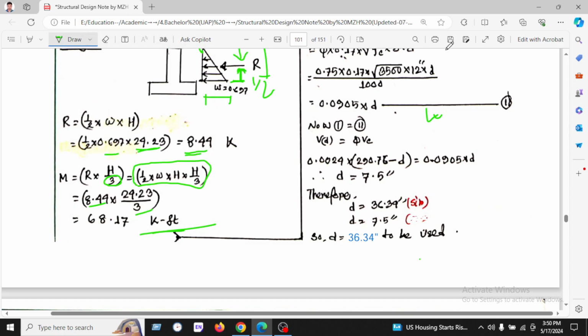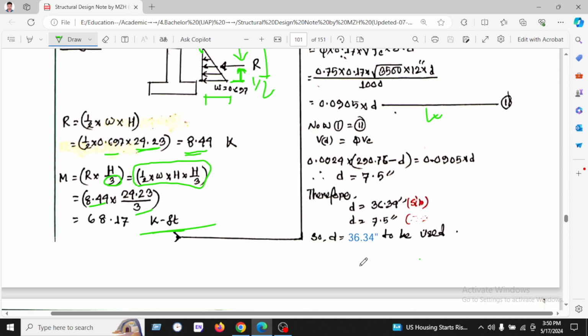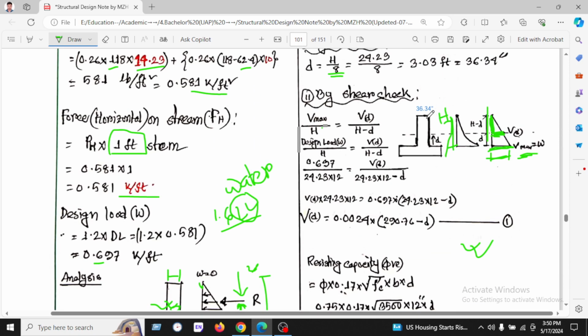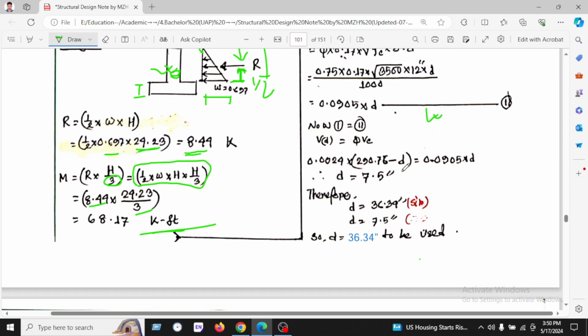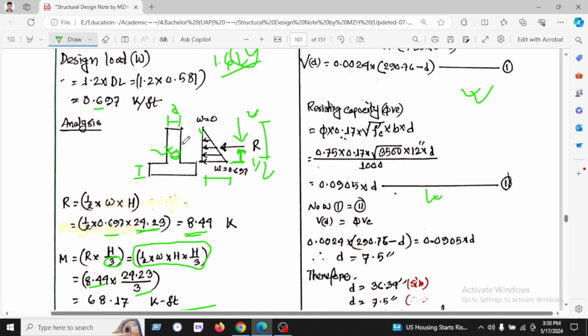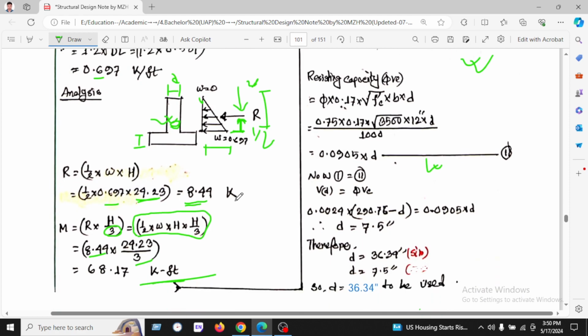We can use the depth. So depth means, we don't think this is the depth. Rather we are using the stem. Stem is here, this portion. So depth will be here. This is the 36.34 inches. Here is the 34.36. So don't forget or get puzzled about this. This is the depth as we are calculating for the stem. We have already shown that we are calculating the stem. Okay, let's